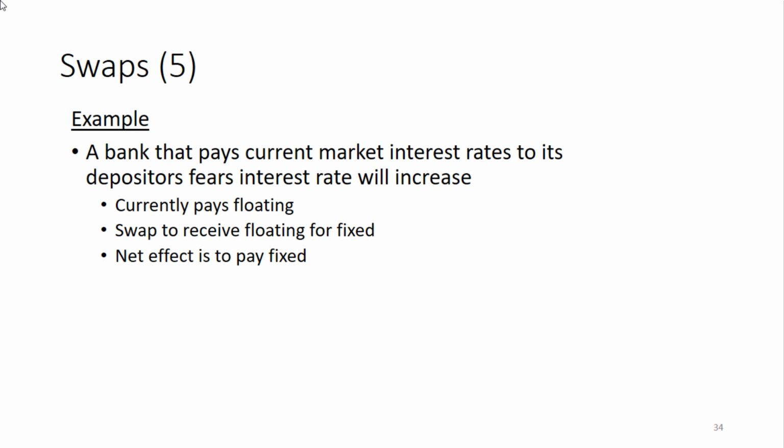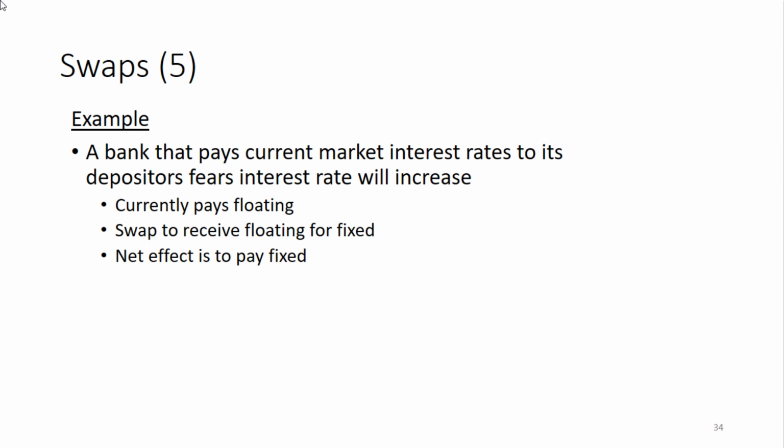Second example, let's look at a bank, where traditionally a bank attracts deposits from individuals who want to save money, and then what it does with the money that it has received, it issues long-term loans to other parties. So if the bank fears that interest rates will increase, well, given that the payments on the deposits are floating rates, so every year or every month the deposit holder gets the interest rate that then prevails in